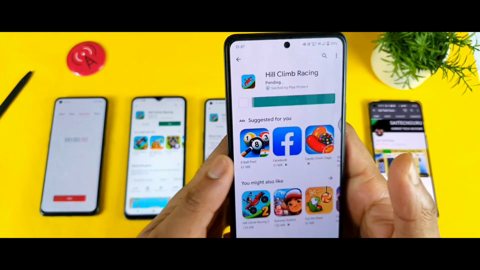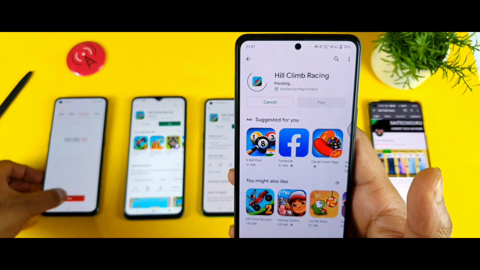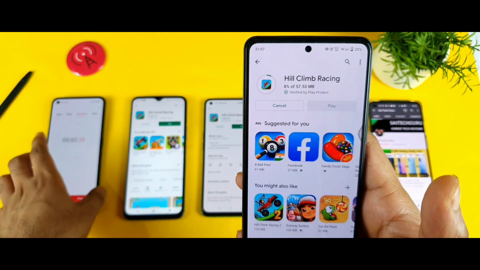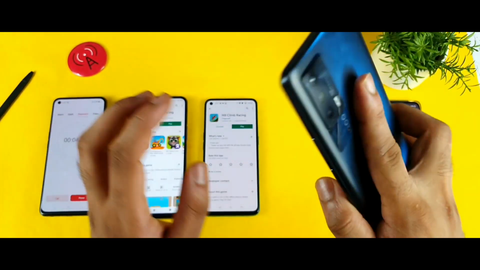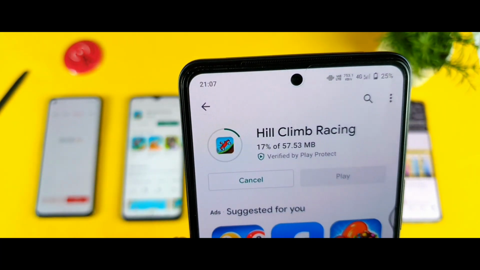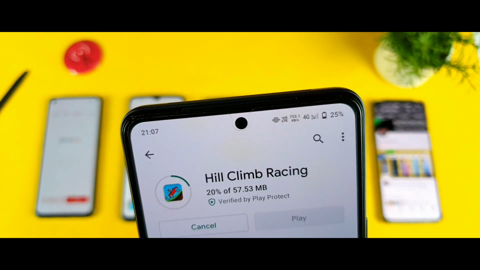So let me try to start again, friends. Let's see what will happen. Will it start soon or not? Yes, it did start soon. So let's see how much time the iQOO 7 will be taking at this point. This is the iQOO 7 device. I'm trying to use the same kind of Jio SIM only, and the phone was able to get the speeds up to 700 kbps. That's good.